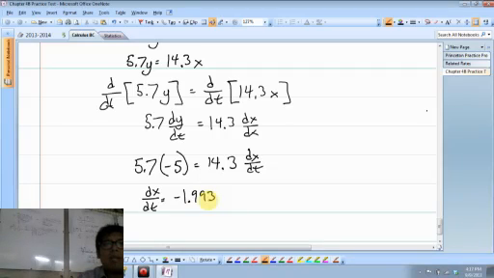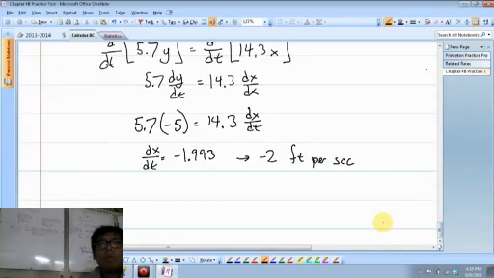It says to round to the nearest 0.5 feet per second. So round to the nearest 0.5 feet per second. That's negative 2 feet per second. That sounds pretty fast. Yeah? Why did you use negative 5? How do you know? I know I'm using negative 5 because in my diagram,